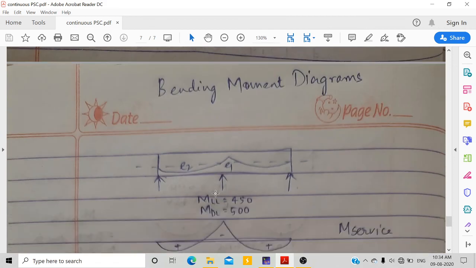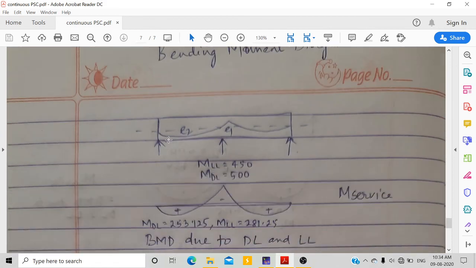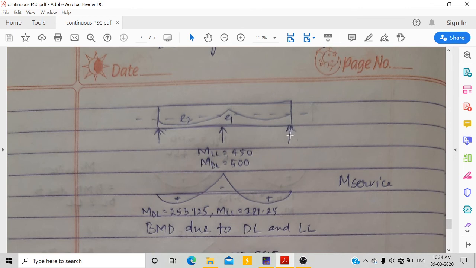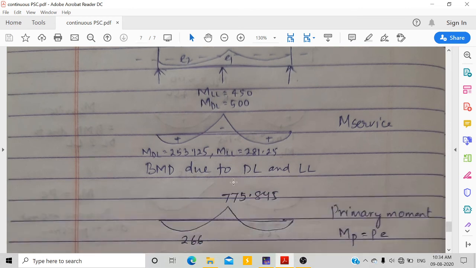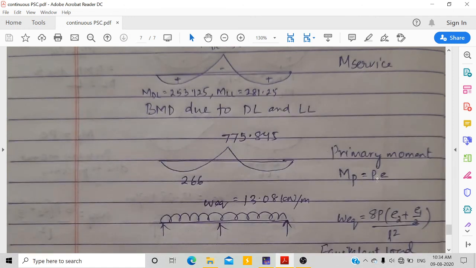So now at the end I have given some bending moment diagrams. So this is our beam, where this is our tendon profile. If you come to the bending moment due to dead load and live load, which we say as M service, you can see the bending moment. So this is due to live load we have got at support and maximum positive moment, dead load and live load values at these 2 points, right? This is what we have calculated. Now coming to the primary moment, that is P into E. So in the primary bending moment diagram, at every point the values are P into E. So here pre-stress value P into the eccentricity, and here also the same P into E value.